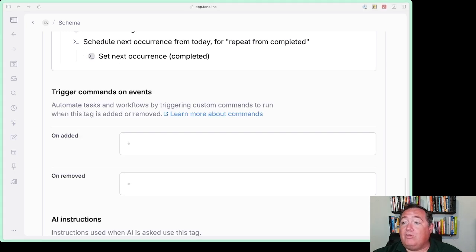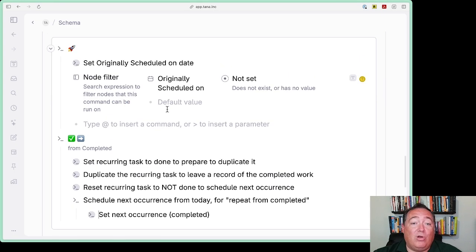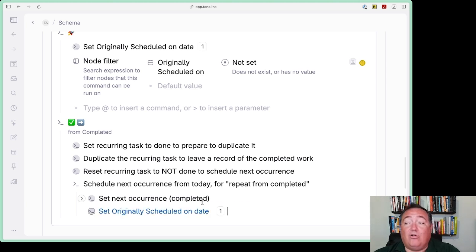Okay? So that's what's happening here with set next occurrence. Now, remember, we had that command called set originally scheduled on date. We already used that up here. Well, we're going to use that again. I can just copy it from here. And notice I'm not going like this to copy it. I'm just putting the cursor in the node. By doing that, I'm going to get a reference to it down here, which is what I want. Sorry, I got them out of order there. And so that's the same